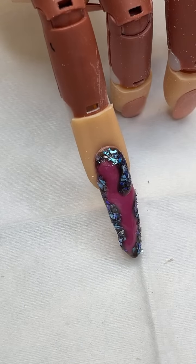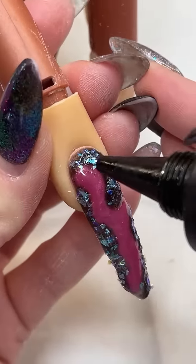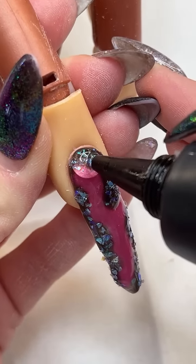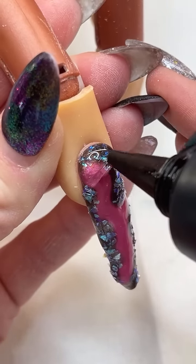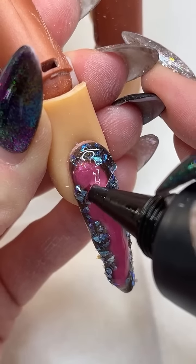All right. Let me grab that. So I'm going to start right up at our cuticle area. I'm going to squeeze a little bit of that Build Pink right onto the nail and, in circular motions, guide that product from the right side over to the left side. And then we're going to squeeze a little bit more of that and work that down the